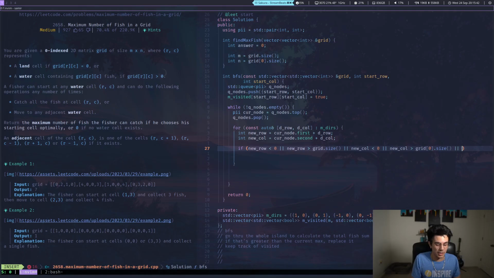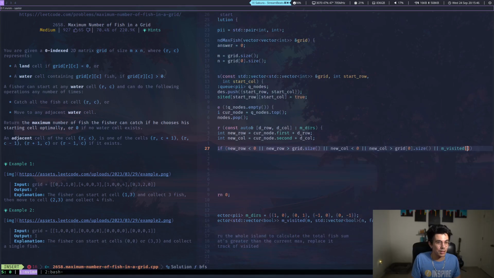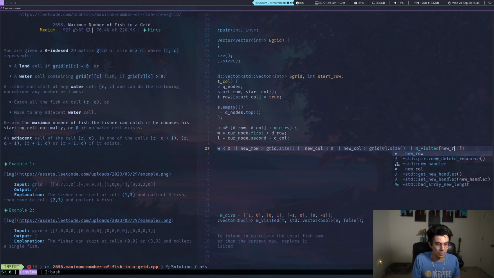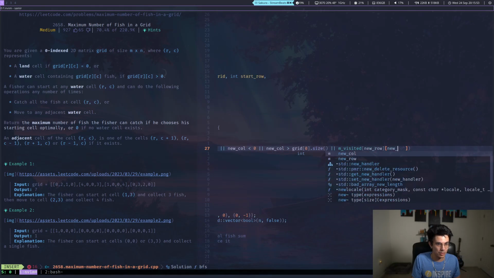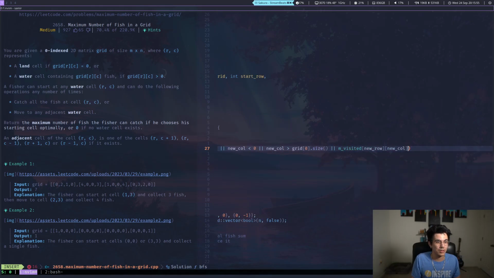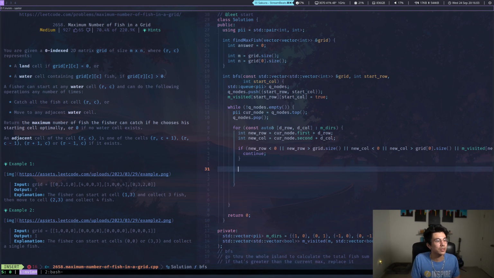or last but not least, m visited new row. So long, bro. If it's true, then continue. We don't mess with all that. And if not, then we just say keynodes dot push new row,